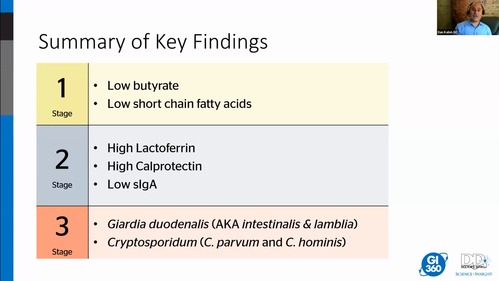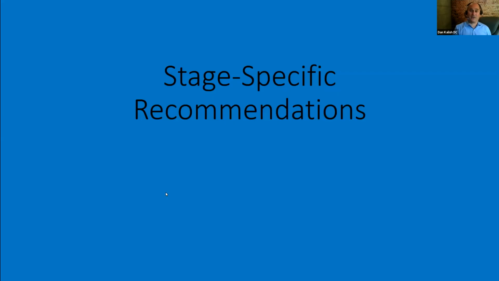Okay. So now let's look at treatments, and leaving it alone for the moment, which order you can do this in. If you want to know the order I do, I always kill things first, and then support the GI organs typically while I'm doing that, and then try to restore all the microbiome stuff at the end. I usually go 3 and 2 and then 1. I go backwards like that. But there are plenty of docs that do it the other way too. Okay. So in terms of specific recommendations,